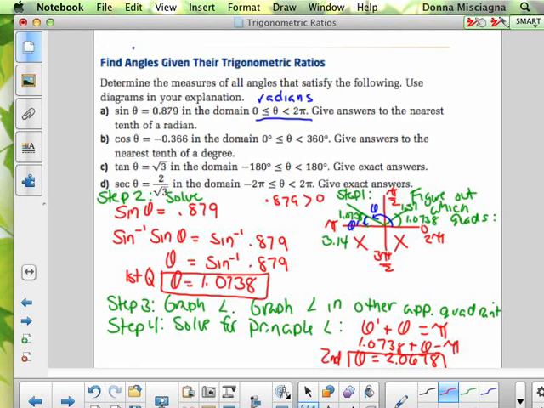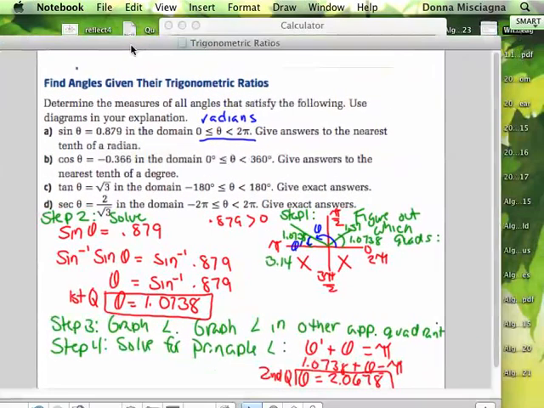So there's going to be a little bit more work involved here and a little bit more having to think than just solving like you did in previous years. And that's because we're now looking for two answers. Right? And let's